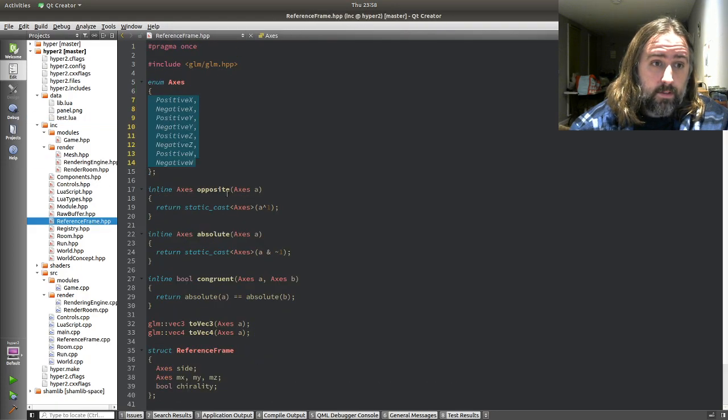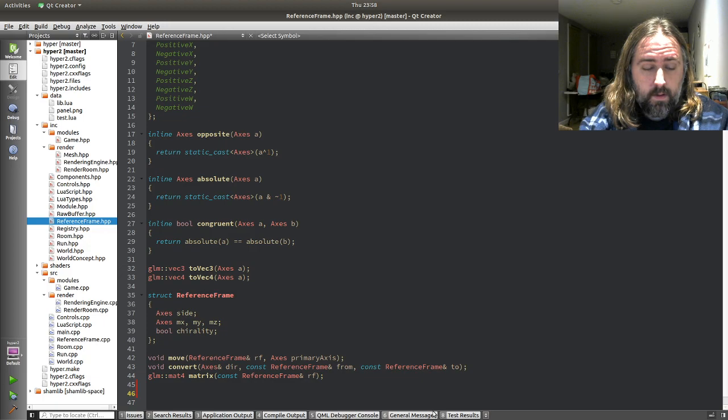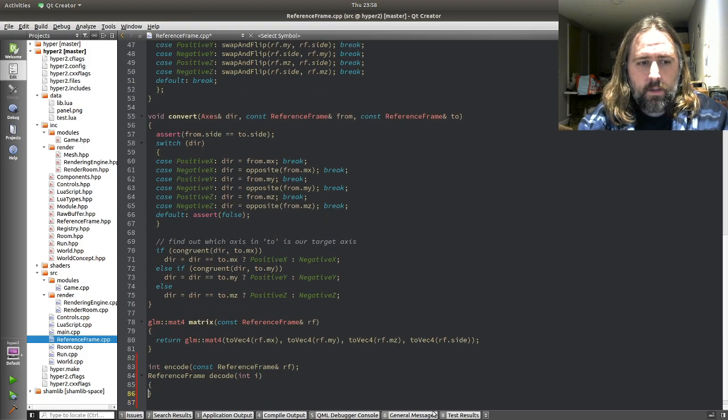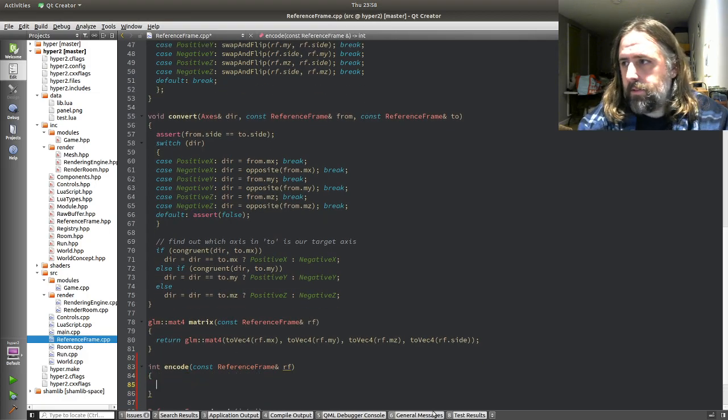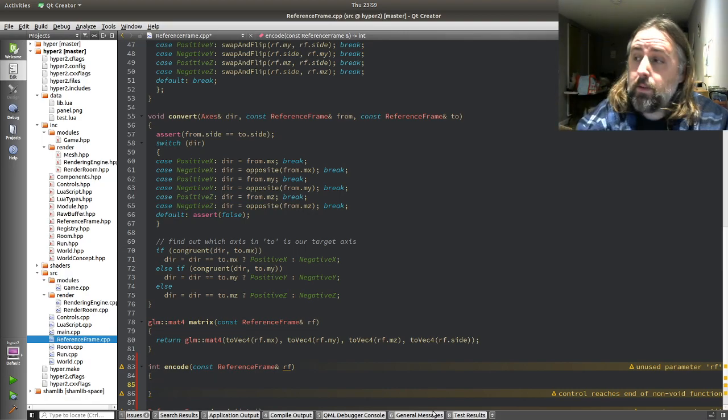I just opened the wrong file. This is a file. Here's a reference frame. I'm just going to make a function. I'm just straight up going to do this. Encode reference frame to an integer. Maybe I should always have it as an integer. No, that would be silly. Plus I'm going to do this not